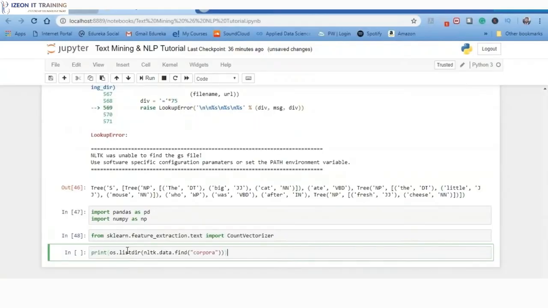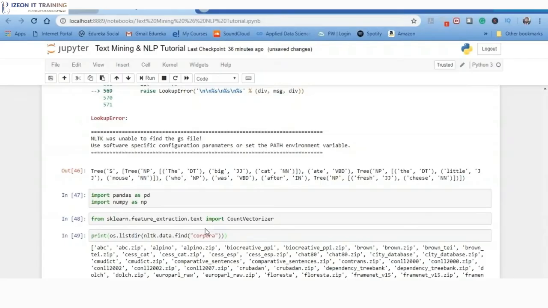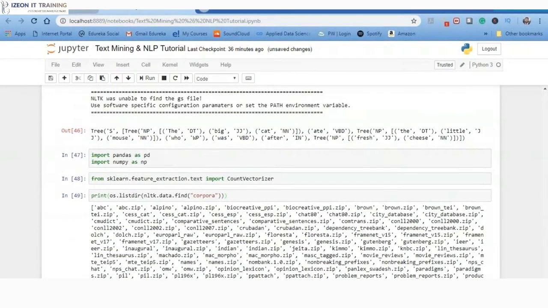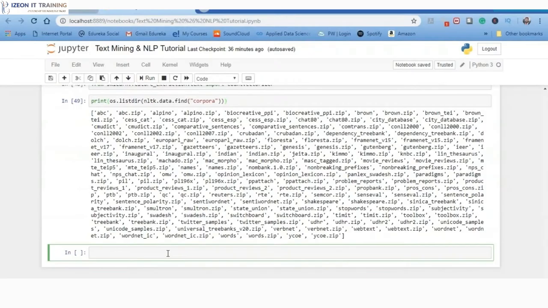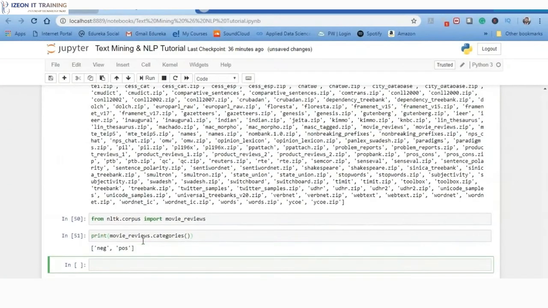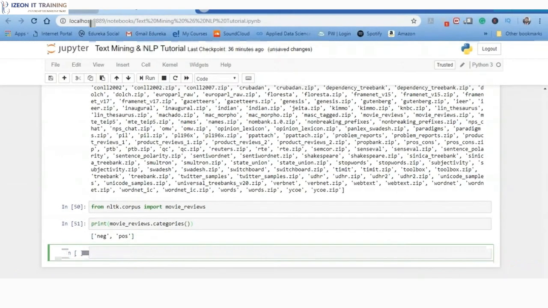If we have a look at the different elements of the corpora, as we saw earlier in the beginning of our session, we have so many files in the NLTK corpora. Now let's access the movie reviews corpus under the NLTK corpora. As you can see here, we have the movie reviews, so we are going to import movie underscore reviews from the NLTK corpus. If we have a look at the different categories of the movie reviews, we have two categories, negative and positive.